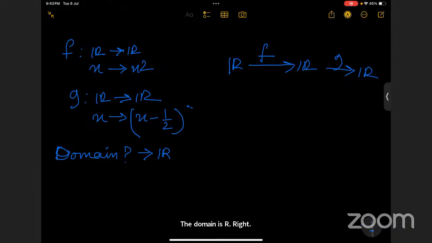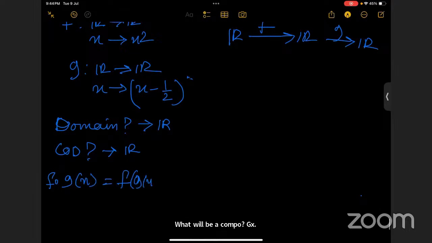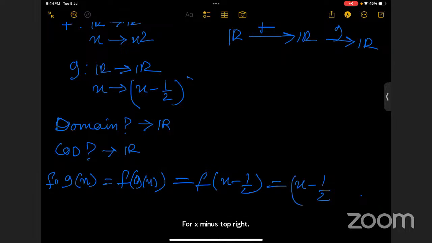And what is the codomain? It is again R because we are taking the real numbers, the codomain of F. Yeah, this is also right. So what is the function? What will be F compose G of x? This is F of G of x, right? That means F of x minus half, that means (x minus half) square,